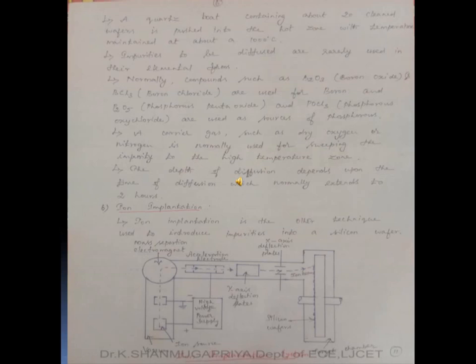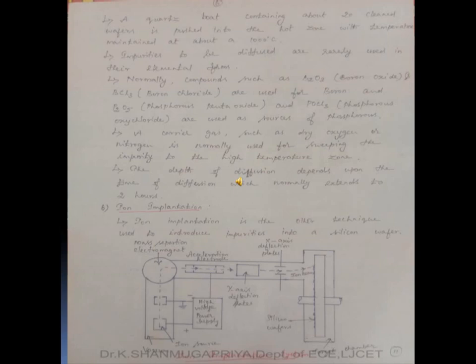Impurity atoms readily move through the silicon lattice and by substitution replace silicon atoms, going from a region of higher concentration to that of lower concentration. Substitutional diffusion takes place at higher temperatures when many atoms in the semiconductor move out of their lattice sites, leaving vacancies into which impurity atoms can move in.